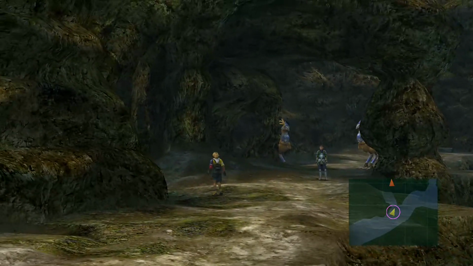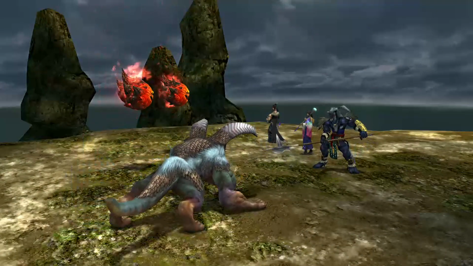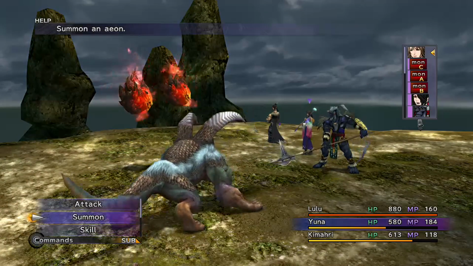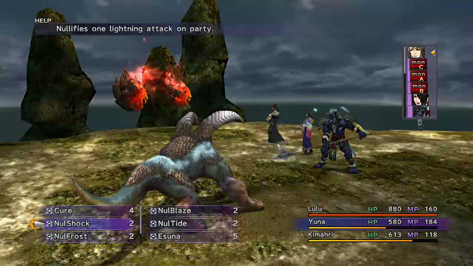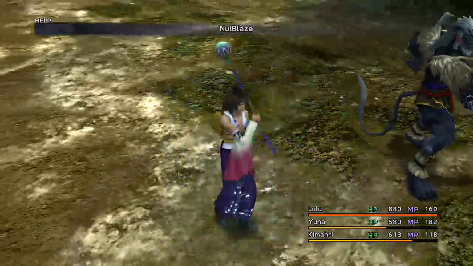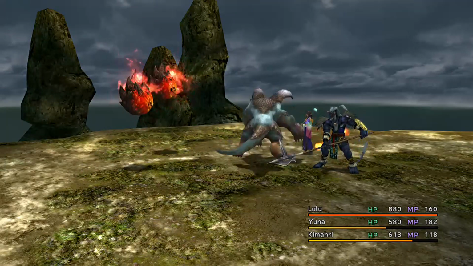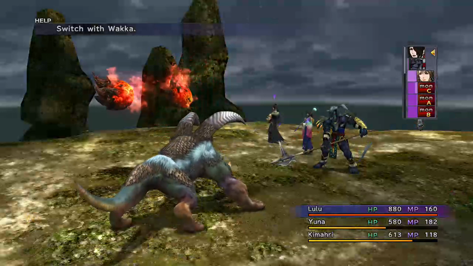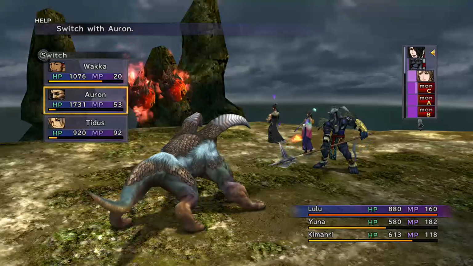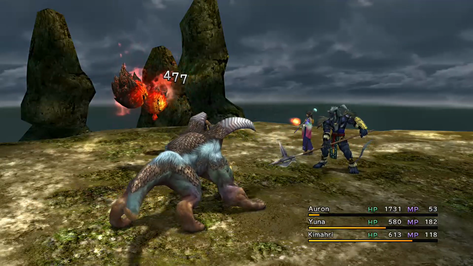Right, so you can't really go any further, so you've got to go this way because Clasko's blocking the way. So let's just run up here. Oh, another fight. Alright, these things. Right, Null Blaze, because those two bombs are going to attack. Auron can come in and attack something. And I might use up